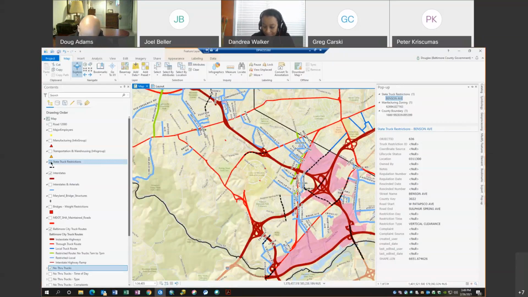Hey, Joe, just a quick question on that. Are we going to consider putting these on state routes if they have a problem? Do we have any big examples? When we looked through it today, we maybe struck a few from being called preferred routes, but did we have any state routes that were really at issue here? Do we want to ask the state, like maybe York Road, they have a lot of violations up there. I have no idea, I'm just wondering if we've considered it or not. I'm just throwing it out there. I know we have speed cameras and other things on state roads, so I didn't know if we wanted to venture onto them or not.